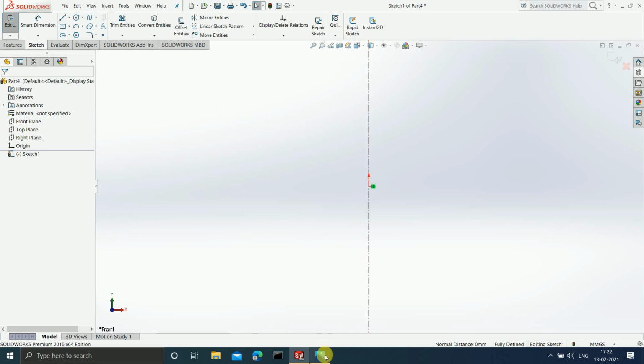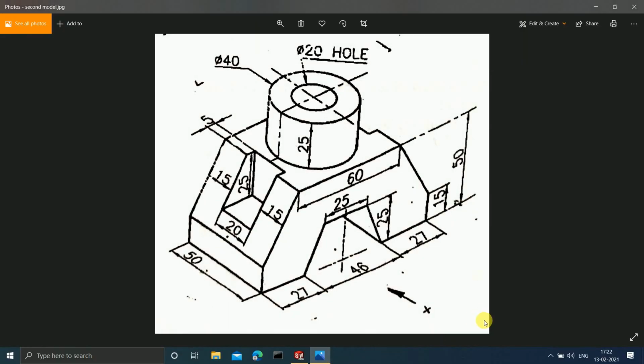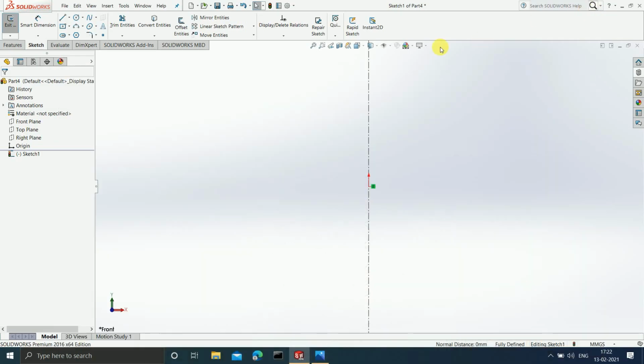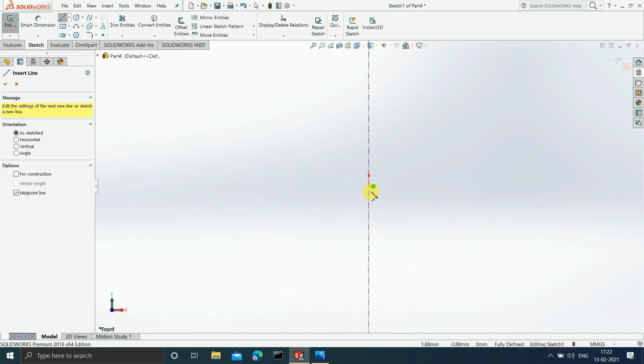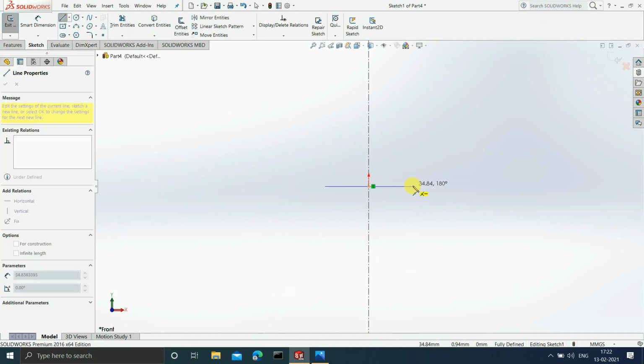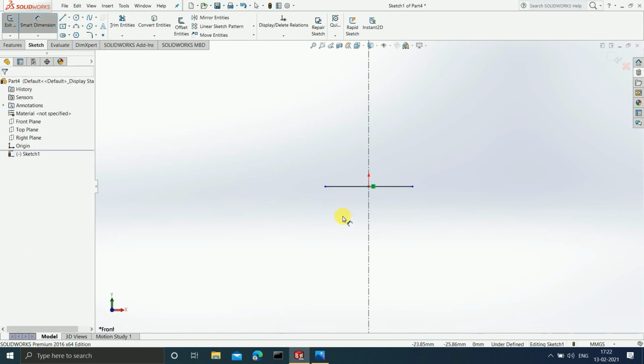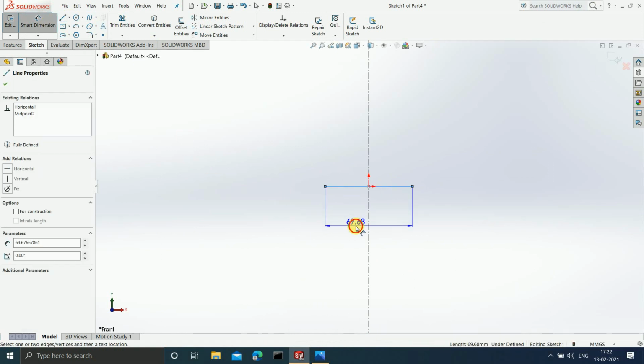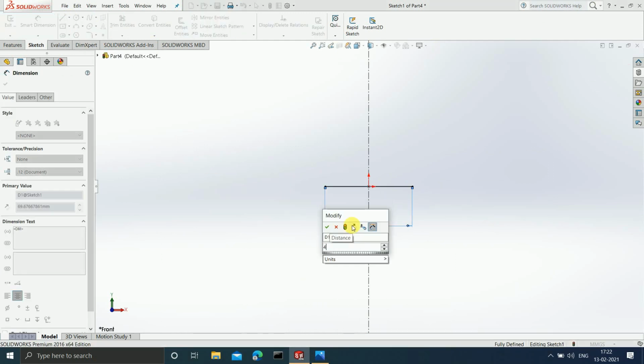Okay, now after this thing is done, the first thing that I am going to draw is this 46 mm length. See, can you see that this part and this part is at a distance of 46 mm away from each other? So I'm going to draw a midpoint line, and the length of this midpoint line should be 46 mm.